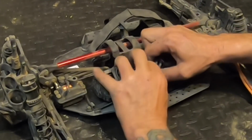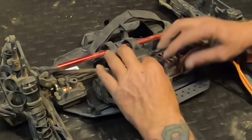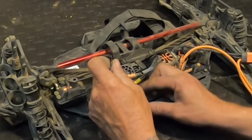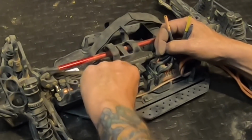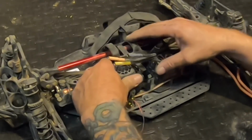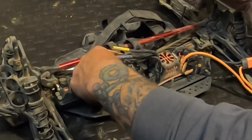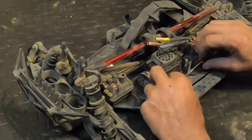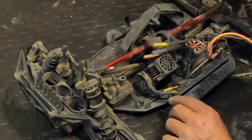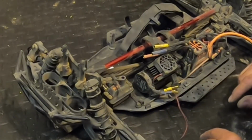Let's get these motor wires out of here that I just put back in. Unplug them. Let's unplug the fan for the heat sink. Wonder if I'm going to have to take this side bracket off. Yes, I am. I'm probably going to have to take the whole motor out, because whatever that bolt is, it's in the way. So I'm probably going to have to knock off the whole side, I think. Take off this side plate in order to...